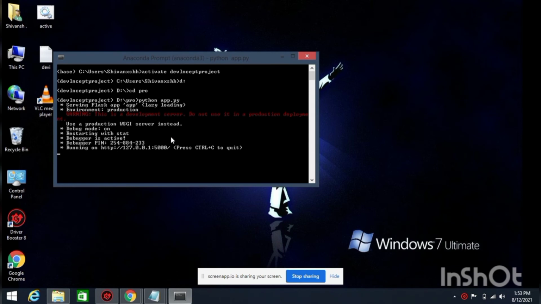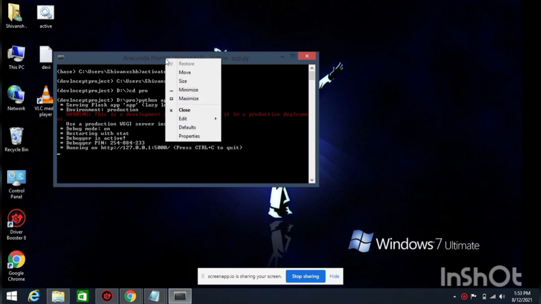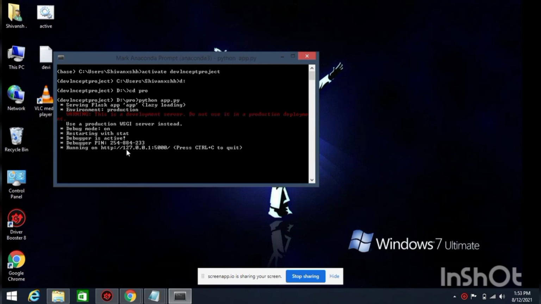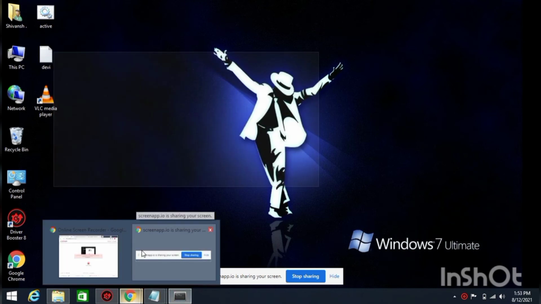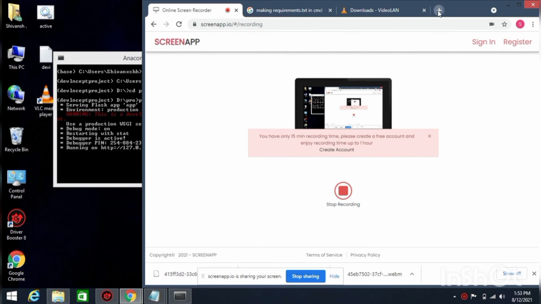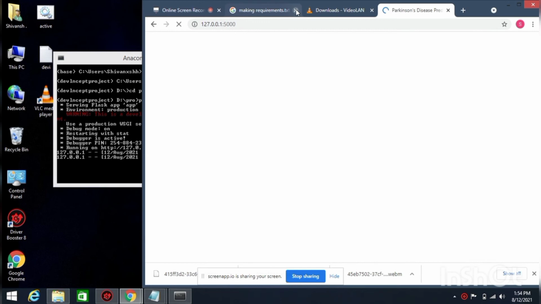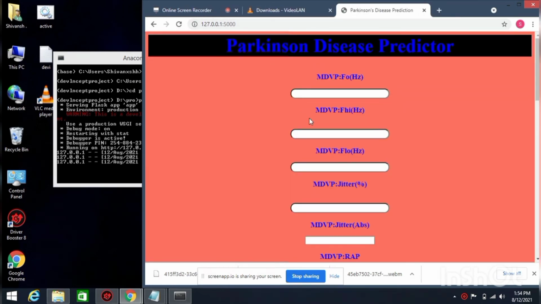And now you can see here that we have an address which we have to copy from here, and paste it in Google Chrome. Like you can see here, your project is correctly deployed on your localhost. So now you can put your values here.